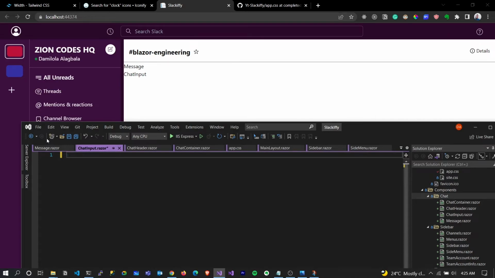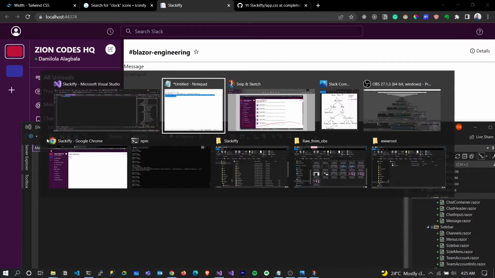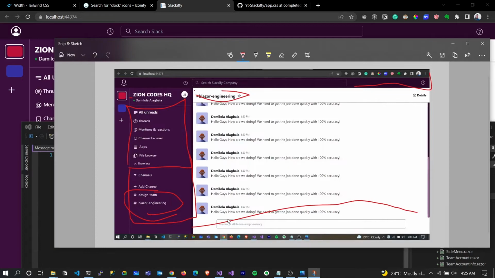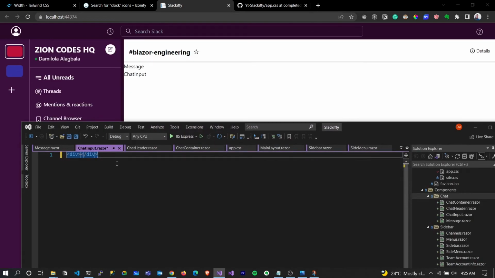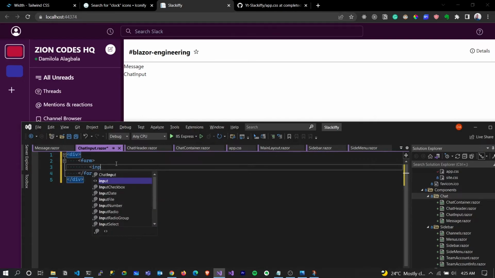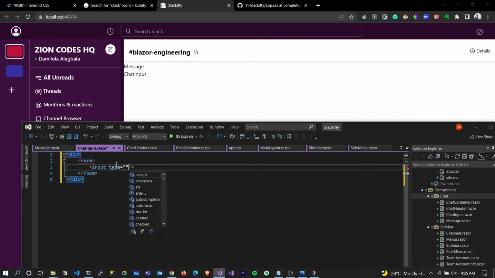Okay, so our chat input is quite simple. It's basically an input box, which is what we have here, these components right here. It's an input box that contains a form, and on the form we have an input with a type of submit,